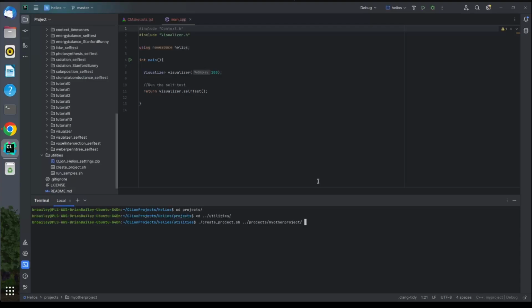If I was to just hit enter here, it would basically do a default project with no plugins added or anything like that. But I can optionally specify a list of plugins that I want it to create. So I could type visualizer, for example. I could type other ones like radiation or energy balance or something like that. You just need to separate them with a space. And so if I hit enter, then it's going to create a project